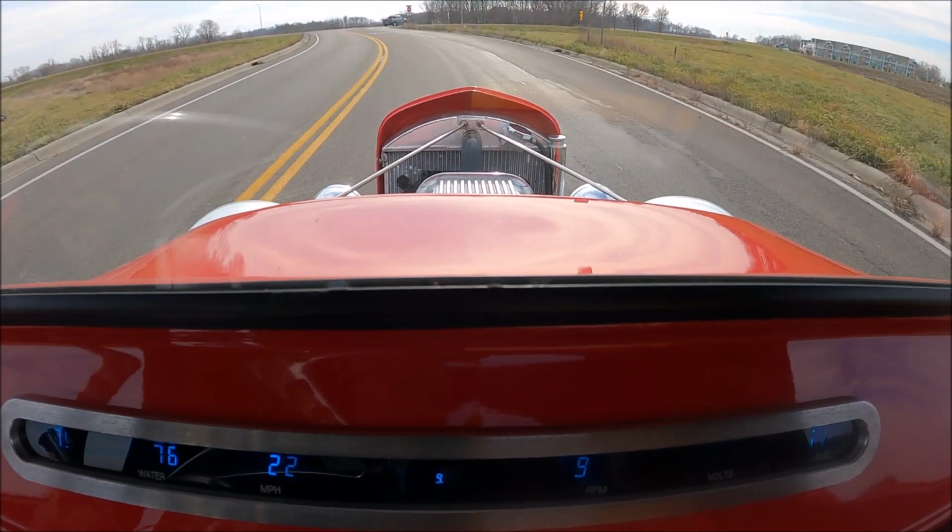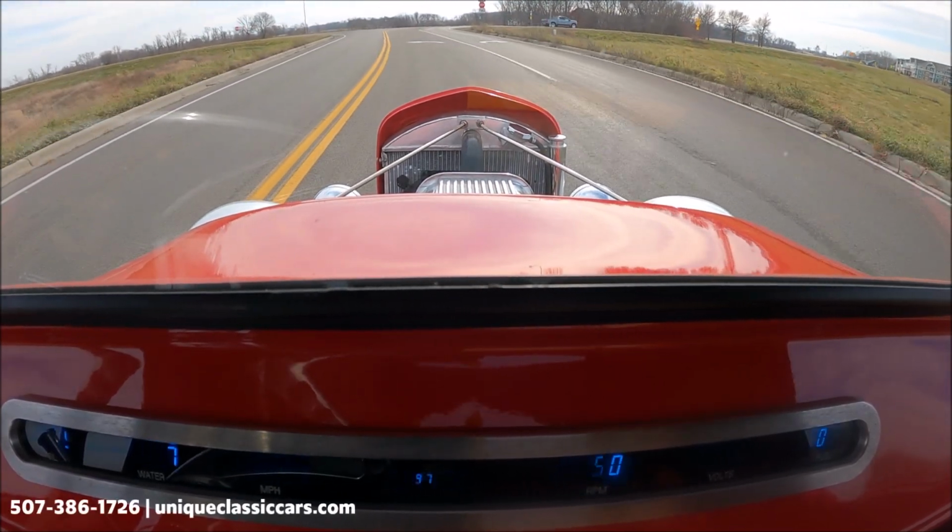Here we have a 1929 Ford Roadster. You're getting a different view